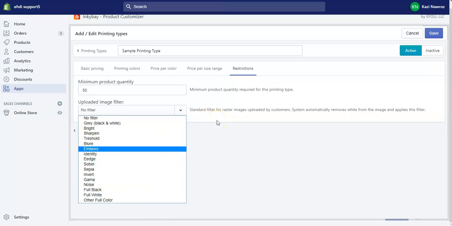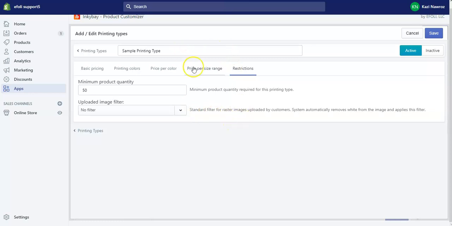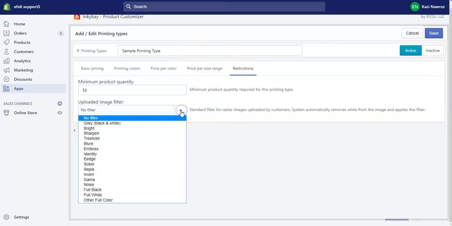If you want your graphics and text to look in a certain filter, you can apply that from here. They're not for the printing types, it is for the uploaded image. These filters work for the uploaded image. You can use this so that whatever image your customers upload will turn into your specific color.